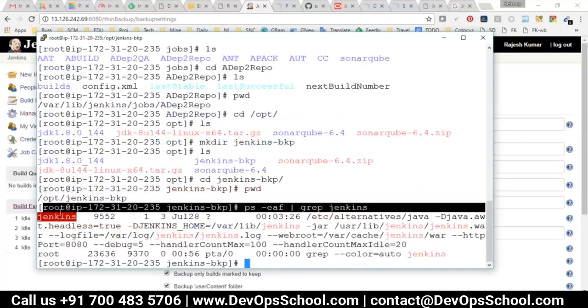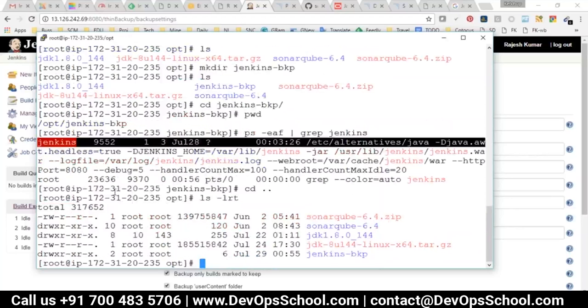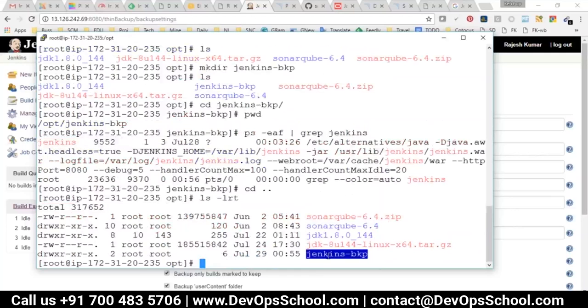You see that Jenkins is running your services. But if you look at this, it's owned by root. So there's a permission issue. Remember, anything which is owned by root, Jenkins is a user, root is the boss, so Jenkins will not be able to access this file. So what you have to do is give either chmod 777 or change the permission,